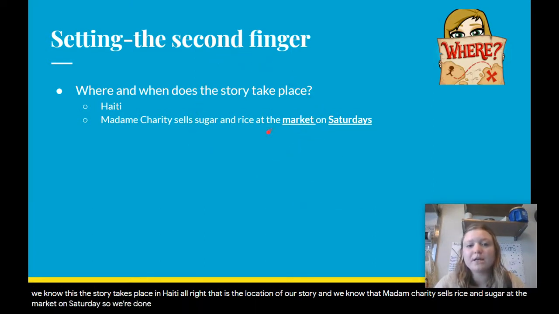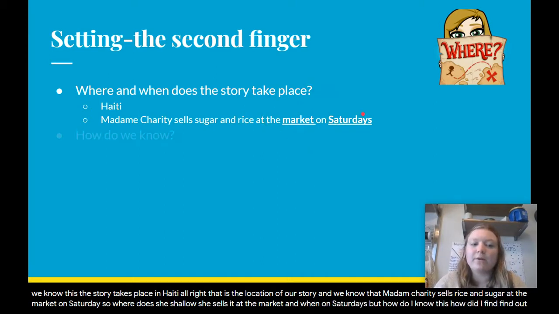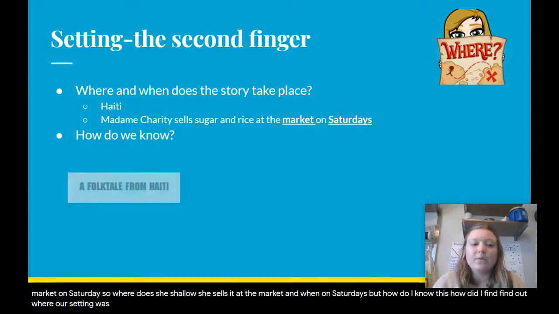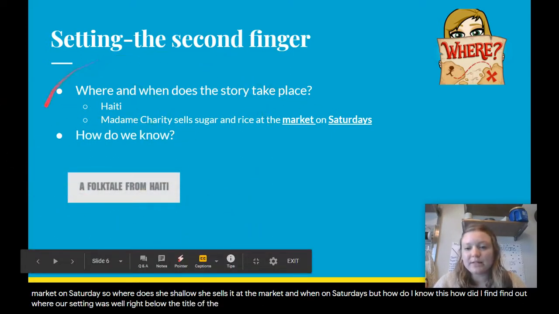So where does she sell it? She sells it at the market. And when? On Saturdays. But how did I know this? How did I find out where our setting was? Well, right below the title of the story, Zelda the Gentle Donkey, it says that it is a folktale from